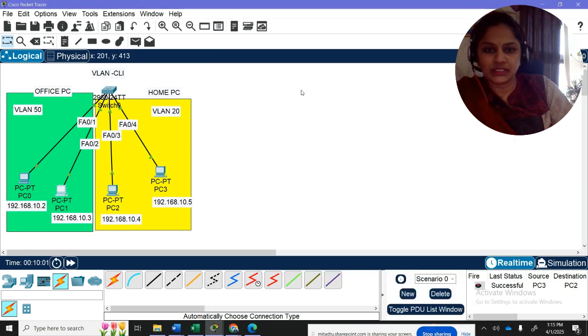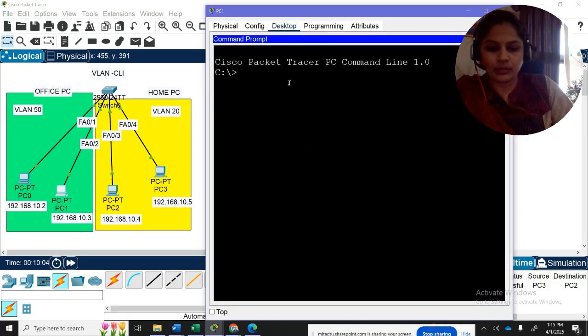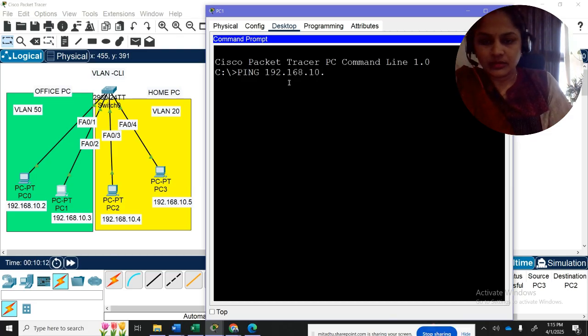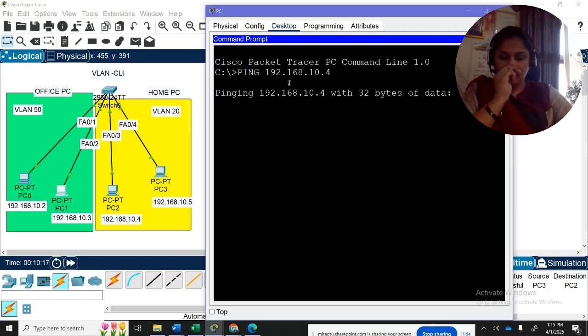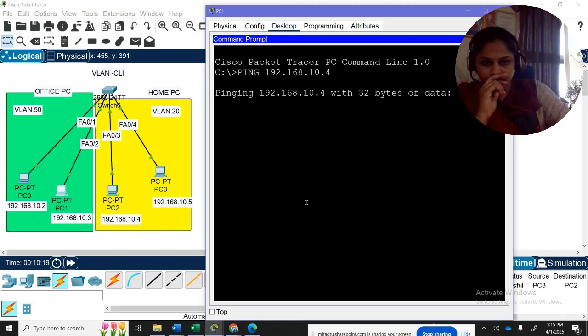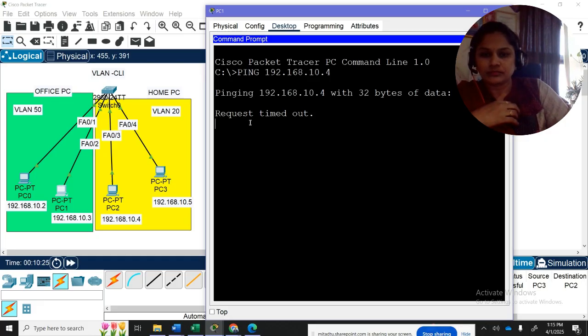So click the PC, go to Command Prompt, ping 192.168.10.4, and this ping will not be successful.